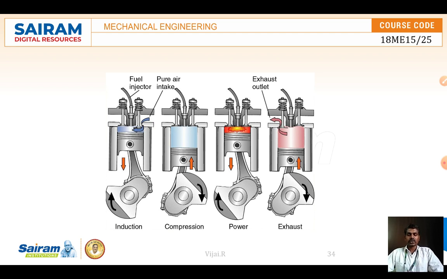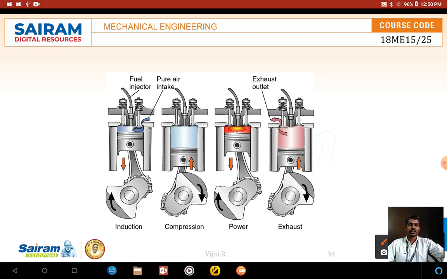Once the power stroke is done in the third half revolution, the fourth half revolution starts, where the inlet valve is closed and the exhaust valve is open. The burnt gases inside are moved outside of the cylinder. Now all 4 strokes are over. This is how a diesel engine works, and we have also seen how the diesel cycle works on the working principle. In the next video we will see the remaining portion of this module.